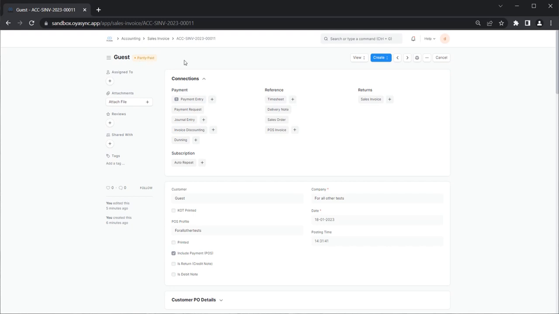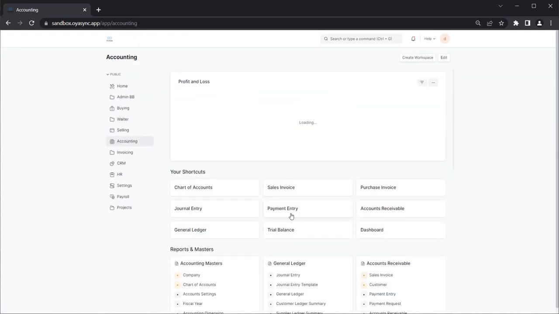So the next thing I want to do is use payment entry to make the remaining 500 naira payment for this sale. So I'm going to be going through payment entry instead of going through the sales invoice to make the payment. Right. So to do that, you can find payment entry in the accounting module. So let's just do that. So we go back to the accounting, and here we have payment entry. So click on payment entry,